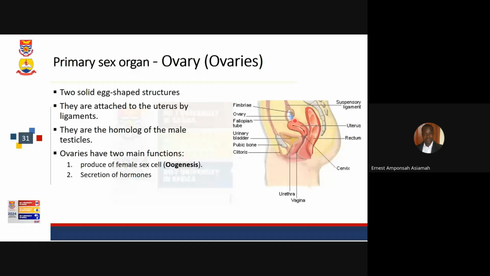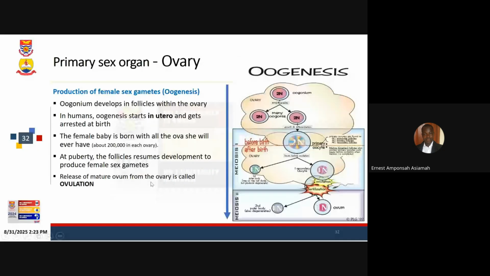The ovaries are egg-shaped structures, and the ovaries are attached to the uterus by some ligaments. So we have a ligament, which is more like a cord-like structure that attaches the ovary to the uterus. The ovaries are the homologs of the male testicles. I mentioned that the testes or the testicles produce sperms. The ovaries now also produce